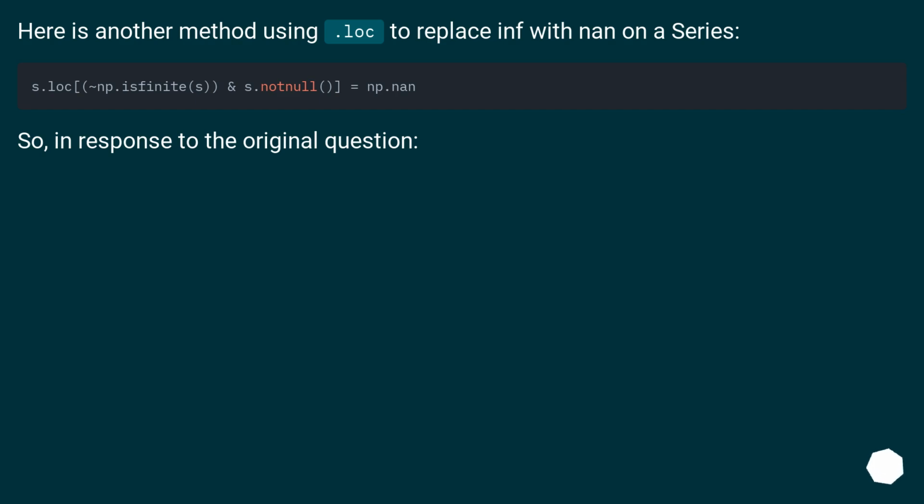Here is another method using .log to replace inf with nan on a series. So, in response to the original question,